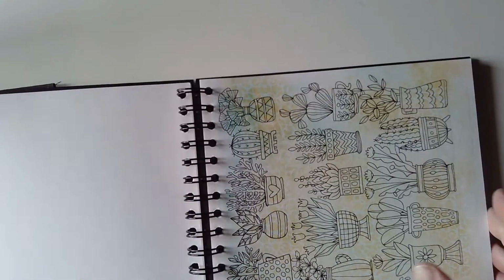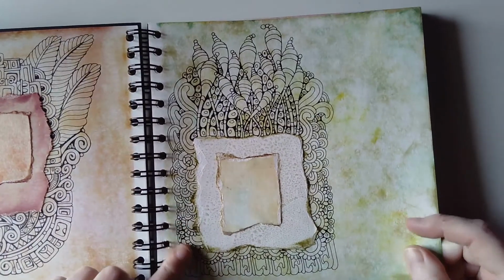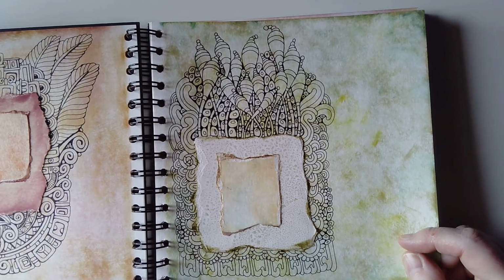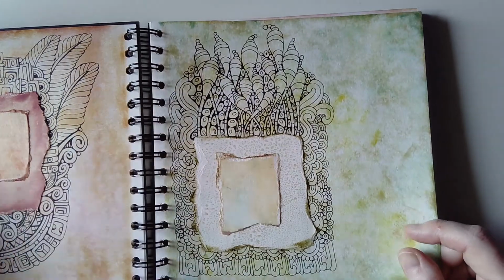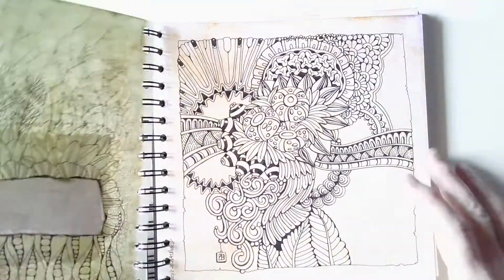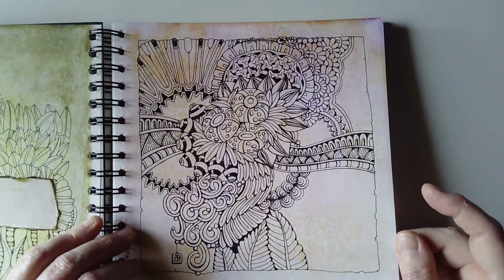Other things that I've been drawing, you've seen these. This is my failed one. Part of me thought, oh, it'd be great to make pattern paper and stick it on, and I've got different focal points and so on, and it really hasn't worked for me. Some of the drawings I love around them, but these things in the middle, it's just a message not to do. This was one I did while I was very stressed, and I'm not really...